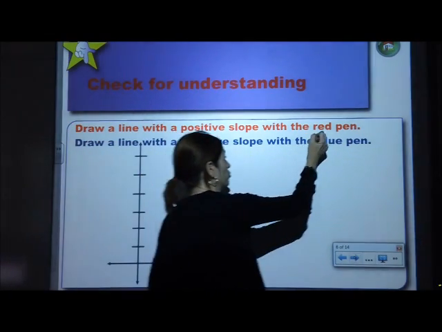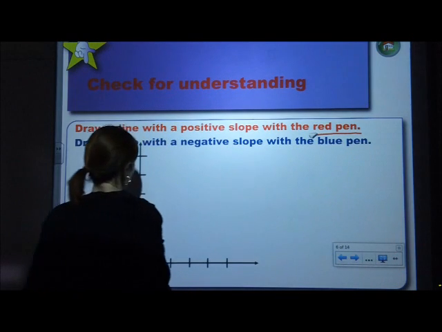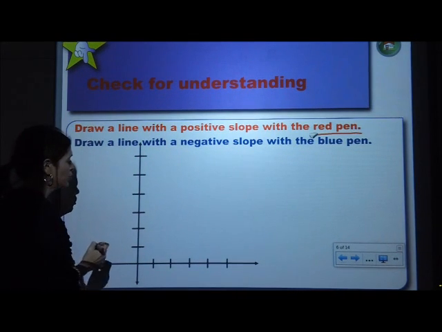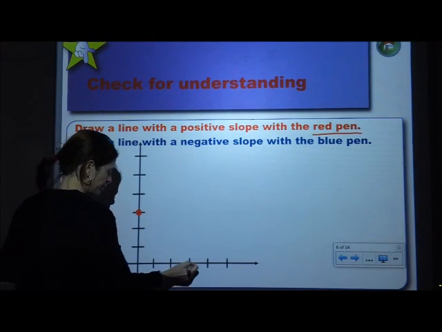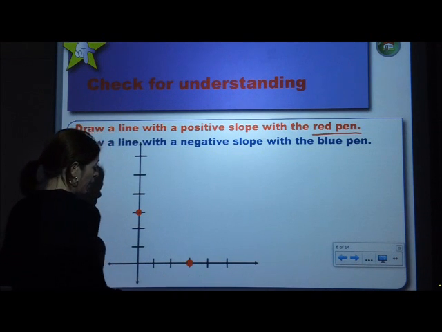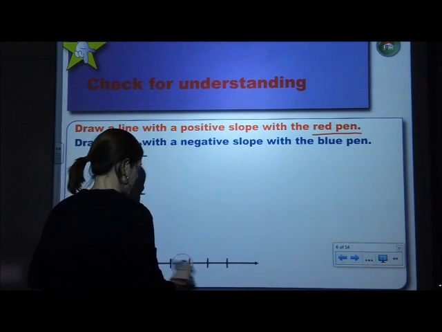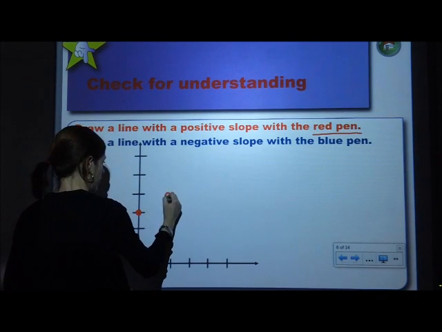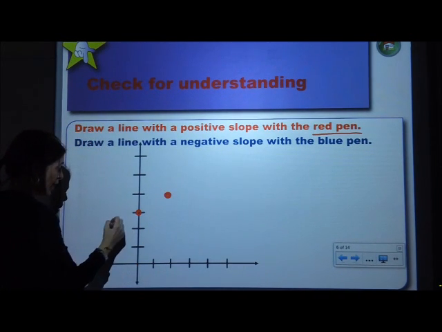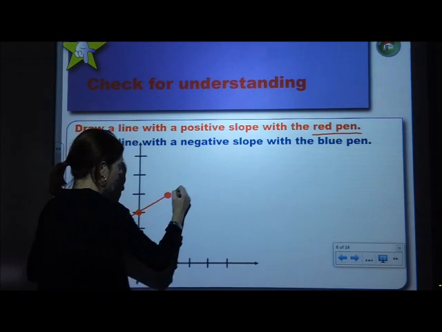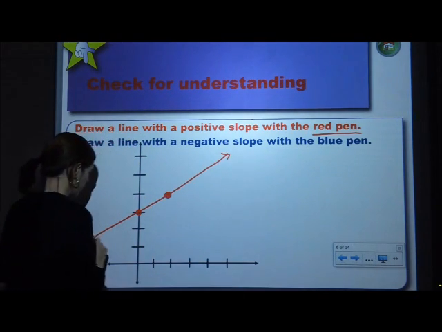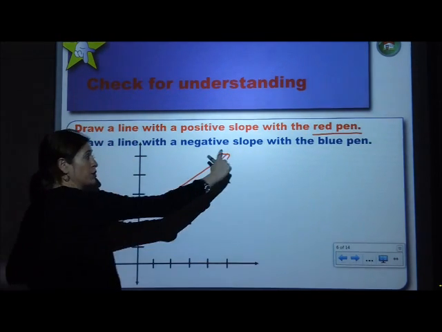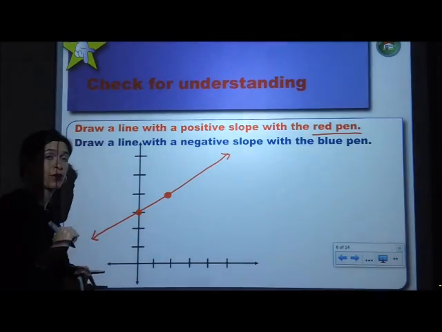So I really want you to use a red pen, and I'd like you to draw a line with a positive slope. So to do that, pick any 2 points, okay? And a positive slope, oops, sorry, it's negative slope. Positive slope would mean that I'm rising from left to right. And so go ahead and draw a line using that ruler I've asked you to use. Remember, if we're going to use a line, we have to have arrows at the end,